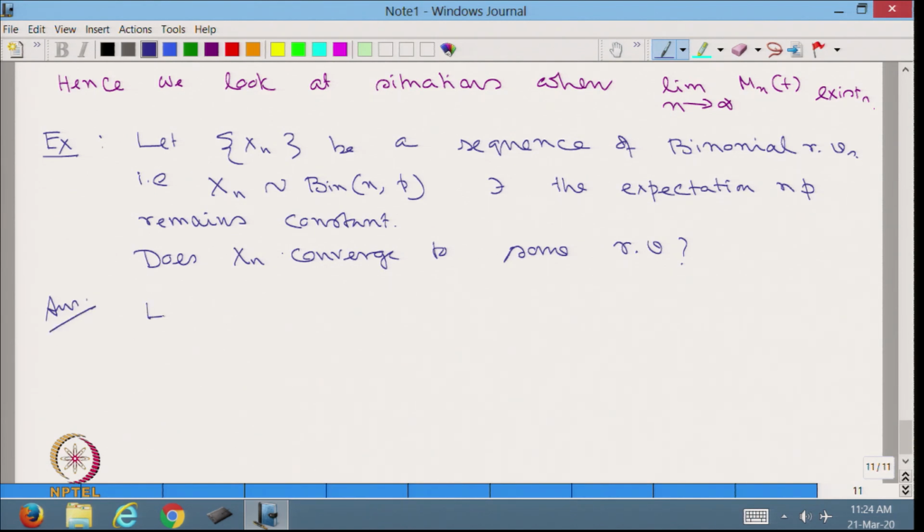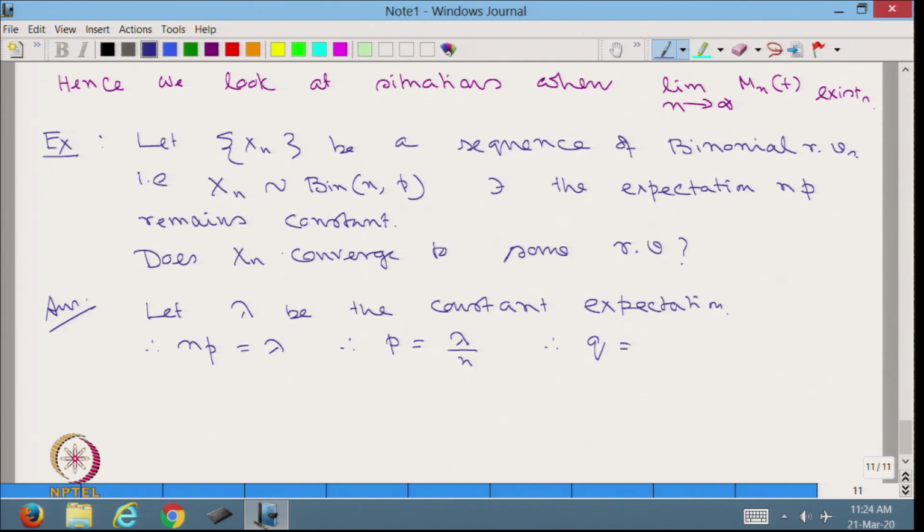So, let lambda be the constant expectation. Therefore, np is equal to lambda. Therefore, p is equal to lambda by n. Therefore, q is equal to 1 minus lambda by n. We know that the